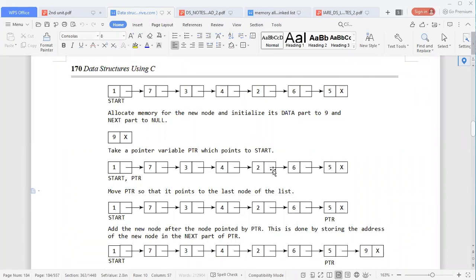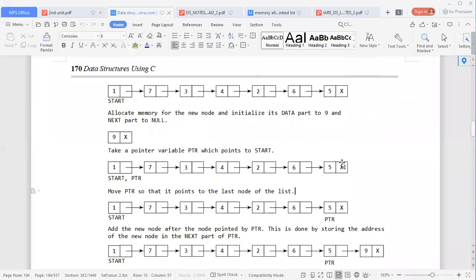What is the value here? 6. 6 is not equal to null, so we move our pointer here. What is the value here? 5. So we move our pointer and check the address field of 5. What is the value present here? Null. So this is the value we are supposed to search for.